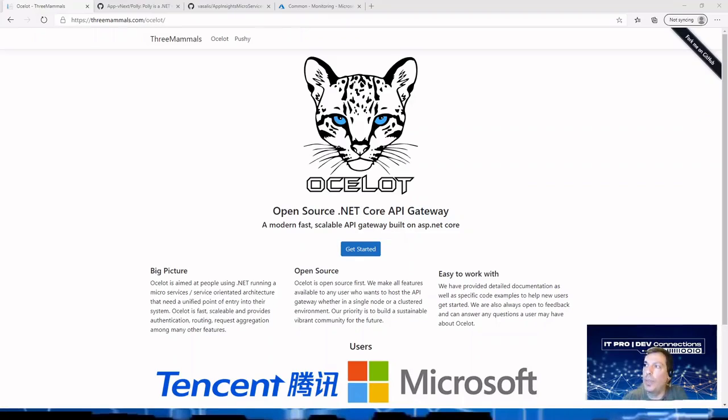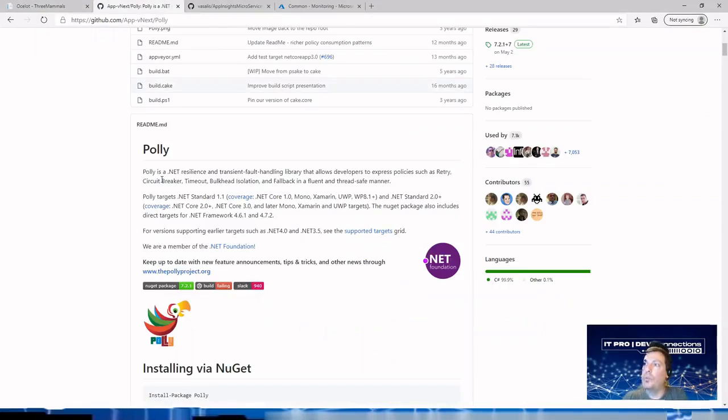Ocelot is an open source .NET Core API gateway, and I have used it to implement the API gateway of my solution. On top of that, I have used the Polly library, which is a .NET library to implement policies such as retry, circuit breaker, timeout. These are pretty common policies in the microservices design pattern implementation, and I'm going to focus especially on the circuit